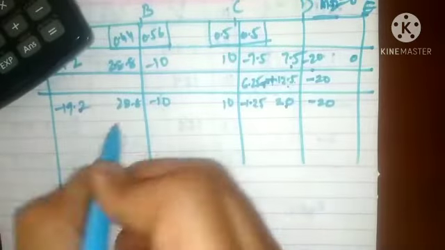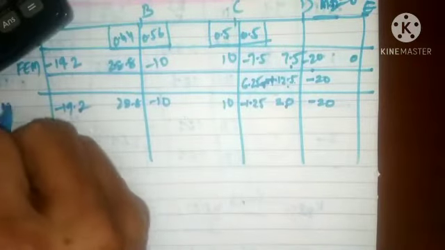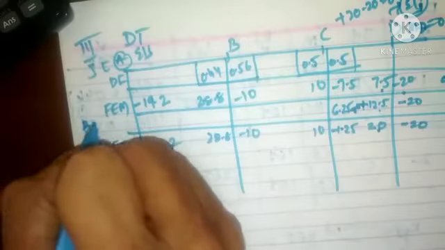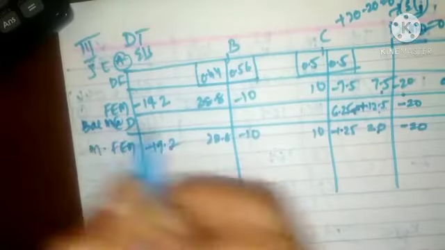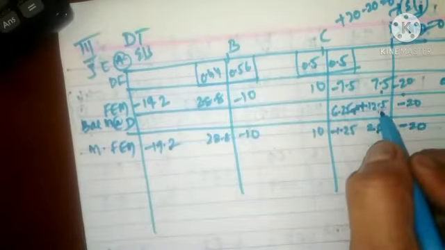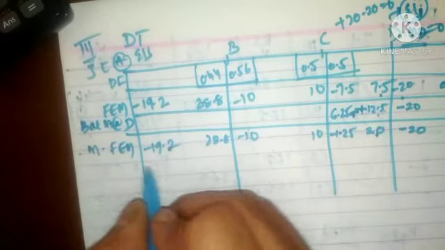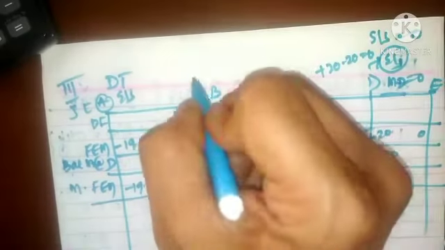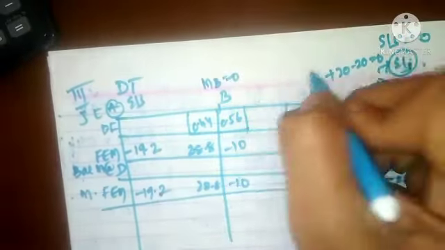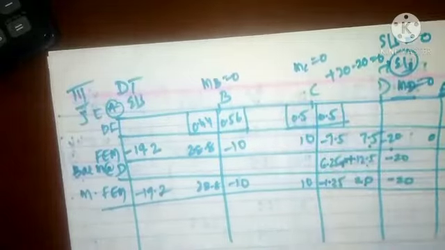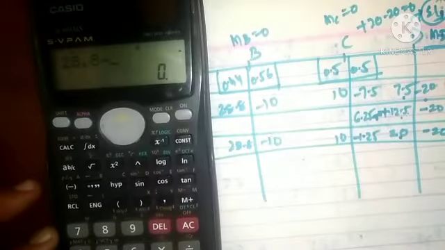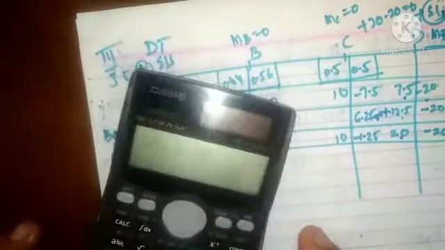Once you do this, this value is called the modified fixed end moment. This particular process is balancing moment at D. You have added some moment value, so you have called it balancing moment at D. So this is the modified fixed end moment. Now we need to ensure moment at B to be 0 and moment at C to be 0. Now how to ensure it? Now 28.8 minus 10, you got a value of 18.8.